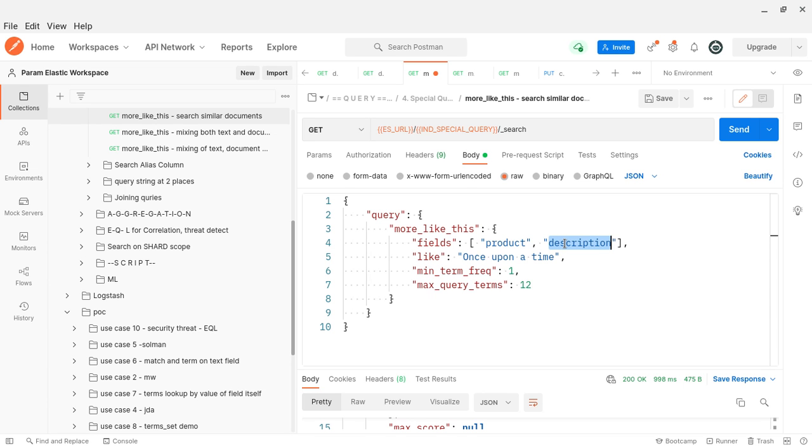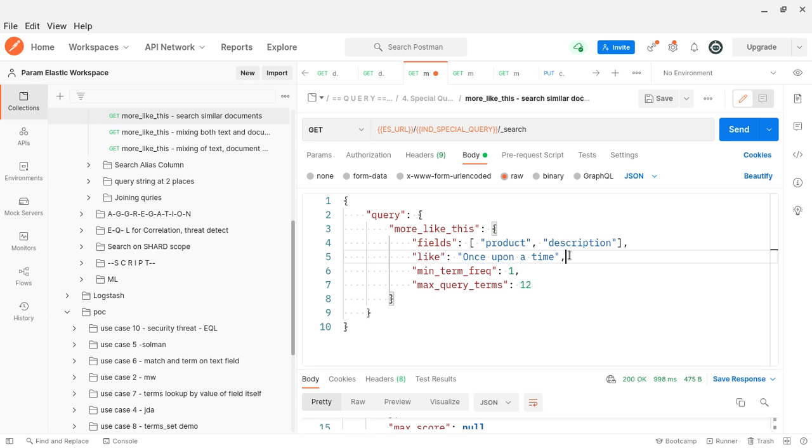From those documents you identify the different terms, then you frame the query, most of the time a boolean query, then execute it and return the result. In the returned result we can configure whether or not to include the documents matched by the given text. That is how more like this works.